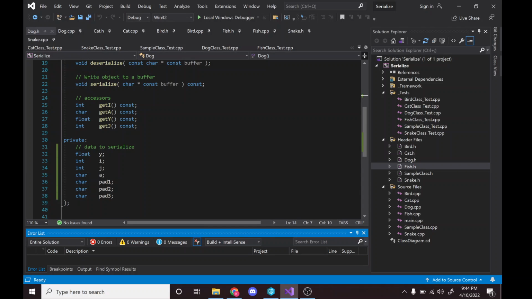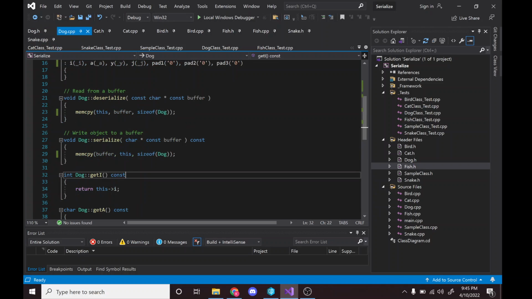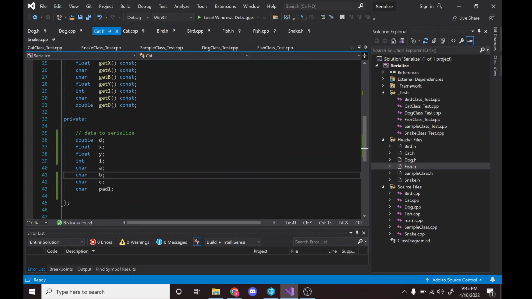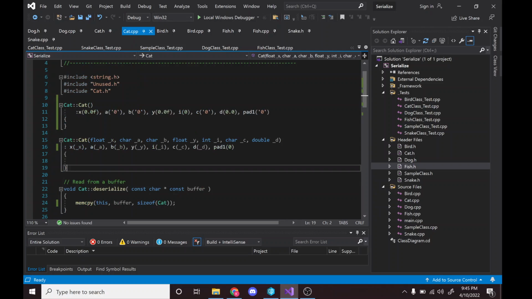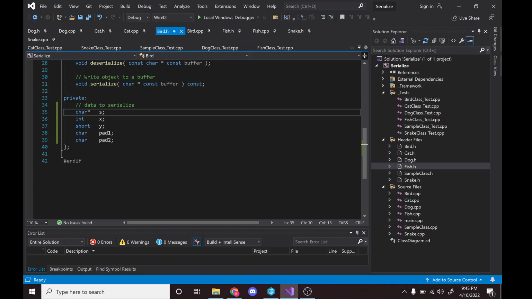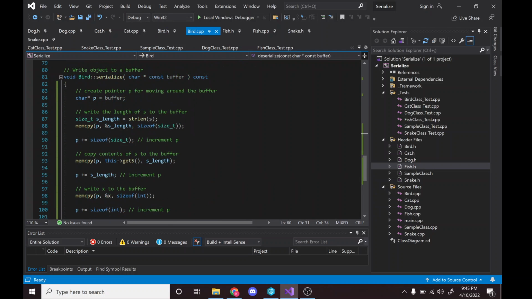So for dog, I just rearranged the stuff to get alignment and added an explicit padding. The serialization and deserialization is very simple, just the one line. Cat, I think, is the same, did the explicit padding and rearranging, and I did the one line for serialize and deserialize. For Burr, this one was with the dynamic character array, so what I did was